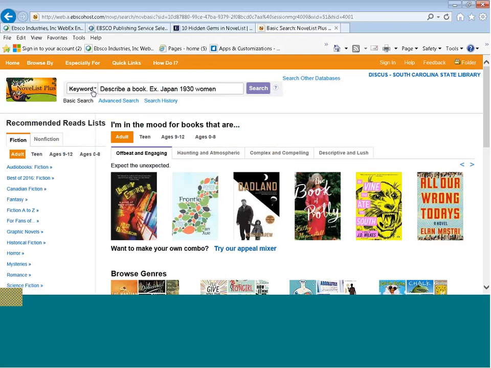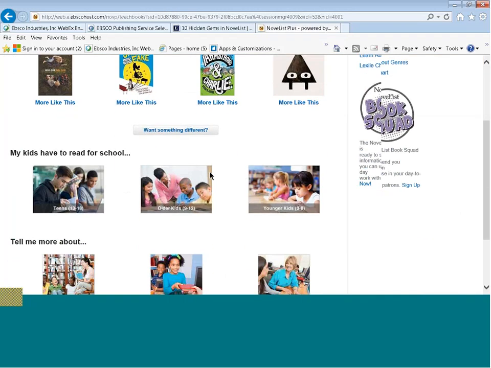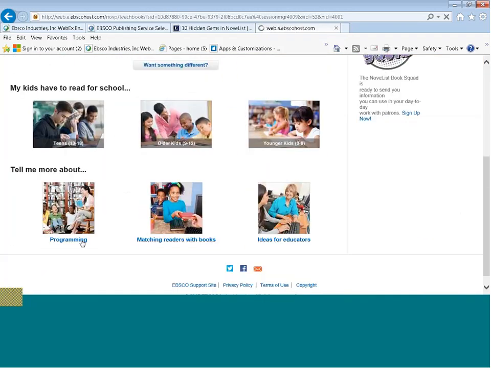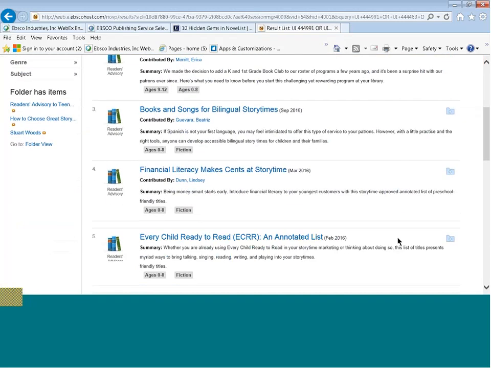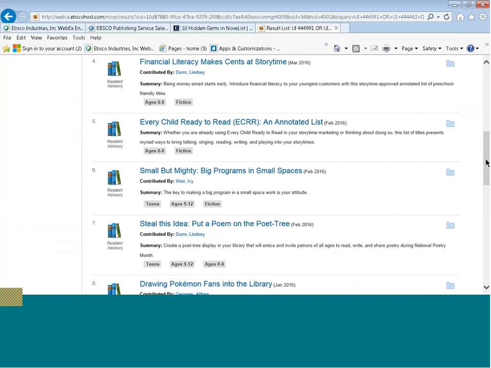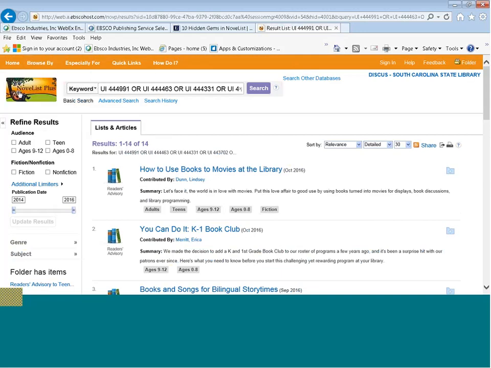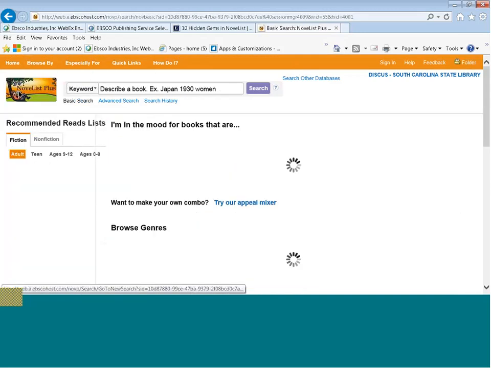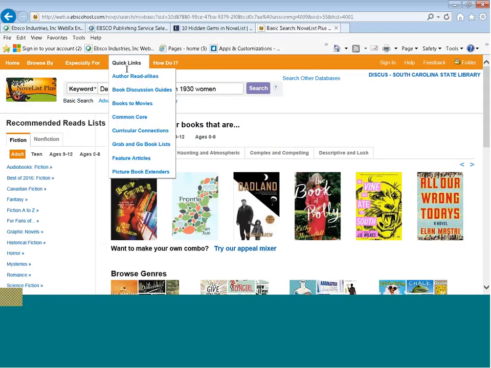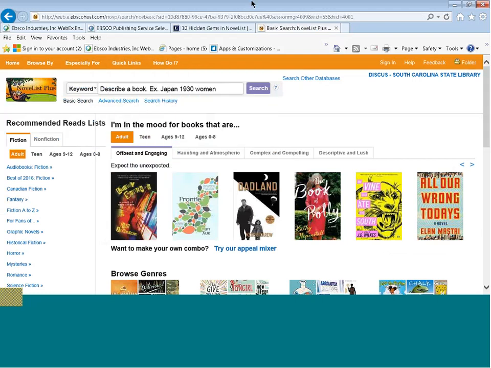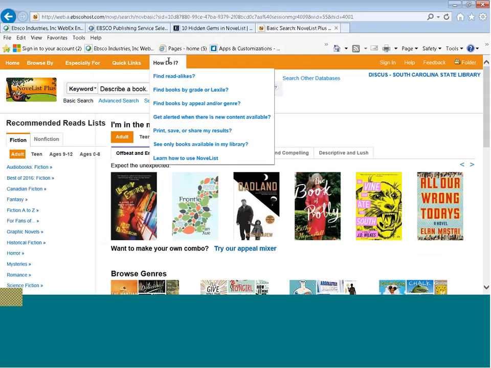The Working with Youth page has a lot to offer, and with programming for summer coming up, check the programming on the lower left and get some ideas of what you can offer your library. And your summer reading theme can be enhanced by using some of those program ideas. Finally, quick links to all the different types of features in NoveList Plus. If any of these are items you'd like to dive into before we close, let me know in chat or I'll stay after.